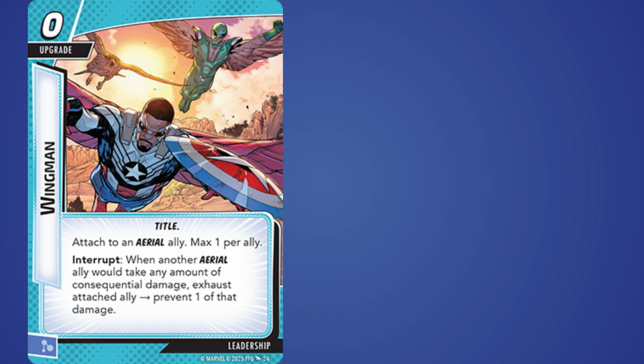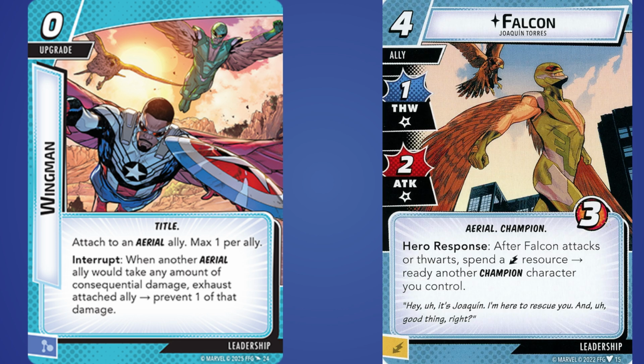So an example of a Wingman could be Falcon Joaquin Torres. I picked this mainly because they're a team. But yeah, he costs 4, 1 thwart, 2 attack, aerial champion. So we have yet another trait. His hero response is after Falcon attacks or thwarts, spend an energy resource, ready another champion character you control. So to use his power, you would have to have more champions, and there is another aerial champion that was in the article. So this would count for that, but mainly I threw this in